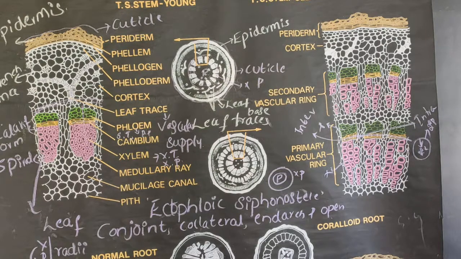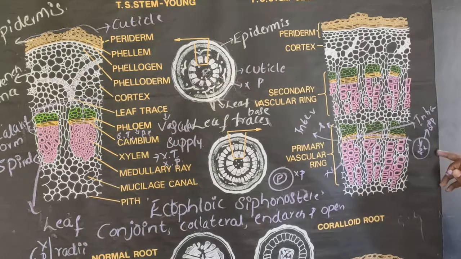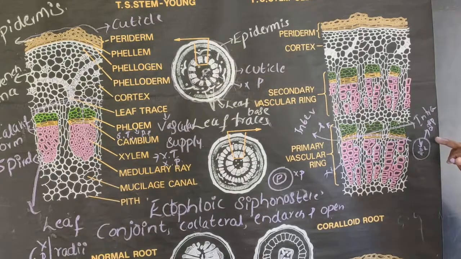So this is not referred to as an annual ring. Annual ring means for every 1 year, one ring should be formed. That is found in dicot stem. But in case of cycas, for every 2 years, a ring of vascular bundles is formed. So this is just referred to as a growth ring. A growth ring is formed because of the activity of the cambium. Once secondary vascular bundles are produced, this cambial ring becomes inactive.